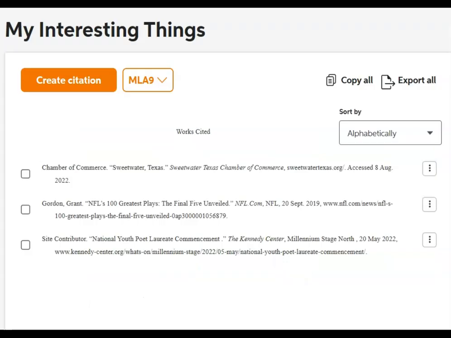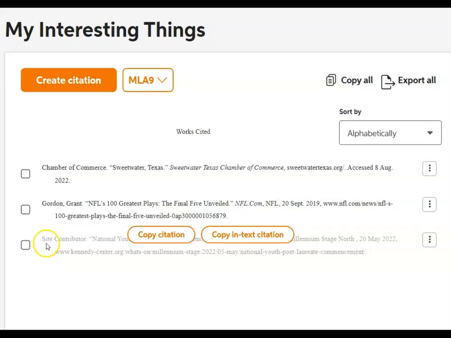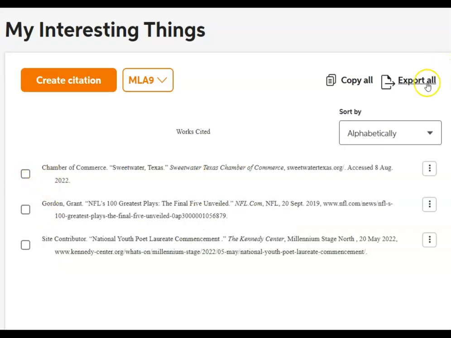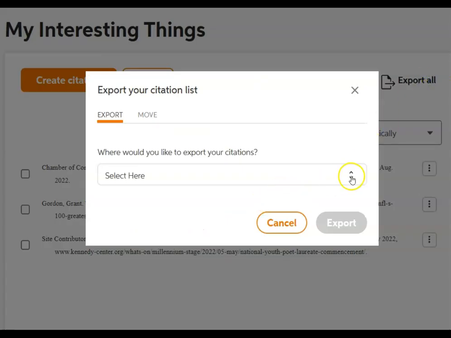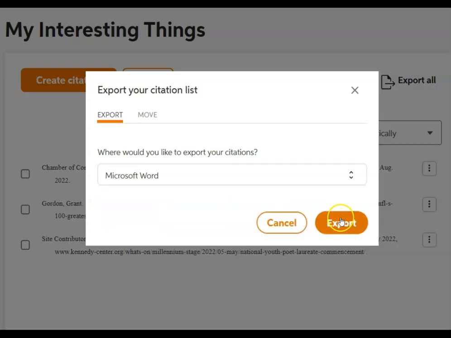I've checked to make sure that everything is included here, and I see that it's correct. Everything's right here at the margin. We don't have any repeats. And now I'm going to export all, and I have a choice. I can do Microsoft Word or Google Docs. Because all of us have access to free Word, I'm going to select Word, and I'm going to export the